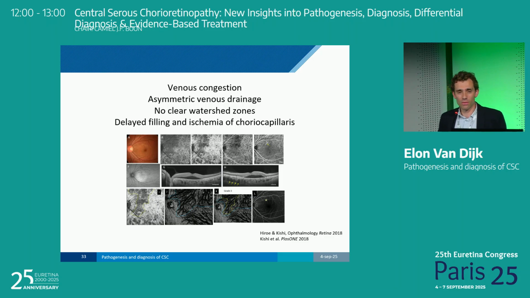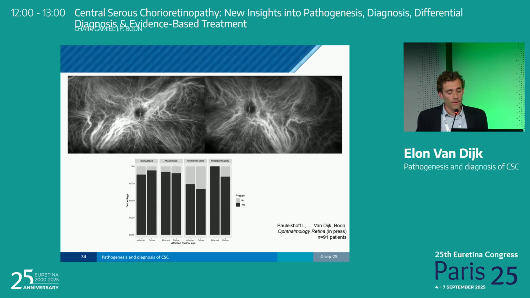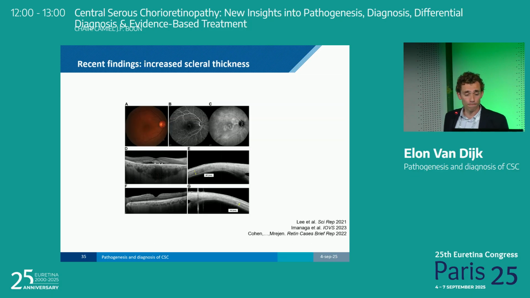But what is key in all these factors is quite challenging to find out. At least there's something happening in the choroid that leads to the subretinal fluid. Importantly, you also find these abnormalities in the fellow eye of patients with CSC. So not only in the affected eye, but also in the other eye, you will find similar abnormalities on ICGA. And there is something wrong with the sclera, whatever it is.